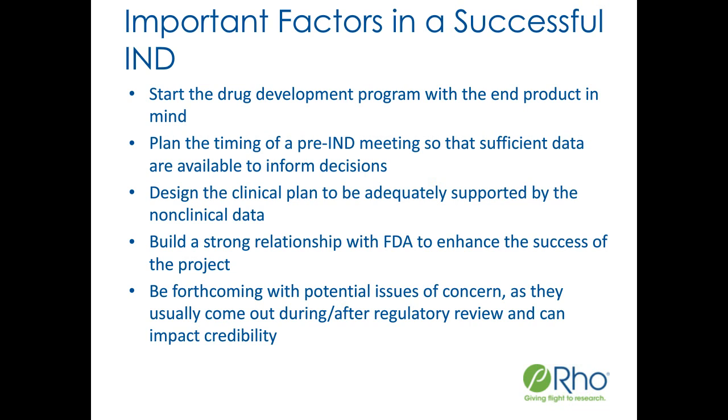What is the minimal duration of GLP tox for drug candidates with repeated administration in order to support IND and phase 1? Okay, well, in the U.S., it's really a 1-to-1. So if you want to do a single study first-in-human study, a single dose, then you need a single dose GLP tox study, and typically in rodents and non-rodents. And if you want to have a 2 weeks